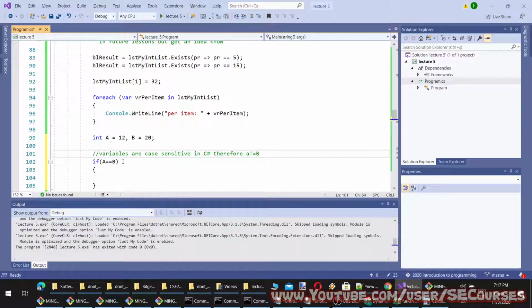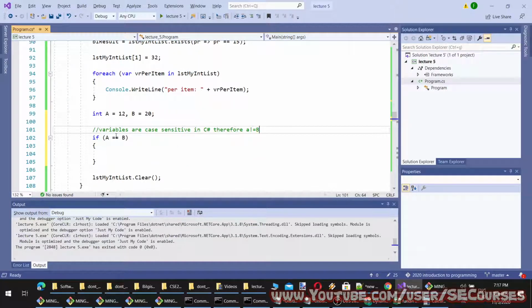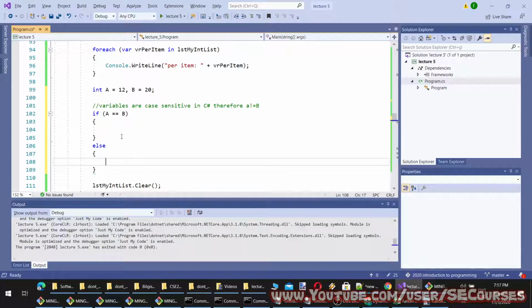Okay, so this is the equality operator. As you can see, bool int operator equal. It checks whether integer a is equal to integer b. So if this condition is true, it will enter inside this scope. If it is not true, we can say else. Okay, this is a scope defining for if and else.